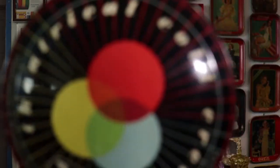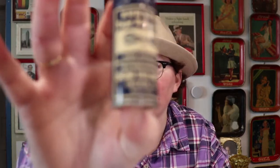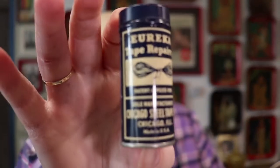So I'm guessing 1950s. You guys let me know in the comments, but the graphics nonetheless are just totally spectacular on this tin here. Now the next tin I have to share with you is Eureka Tape Repairer, and it's just this really small tin, but it has this great blue graphic